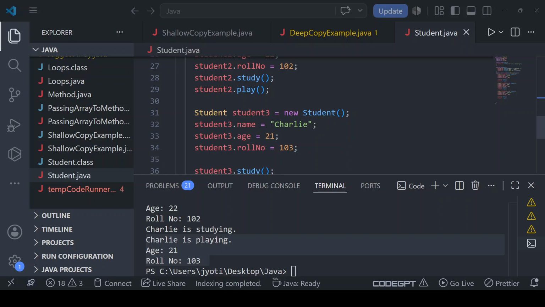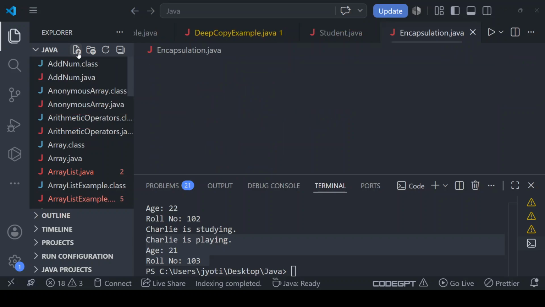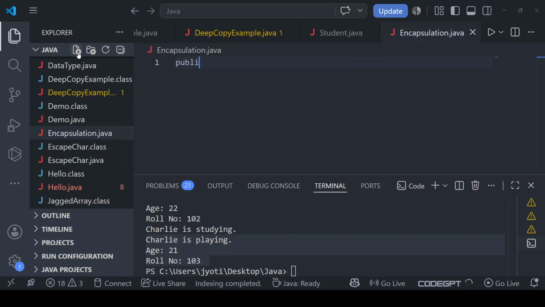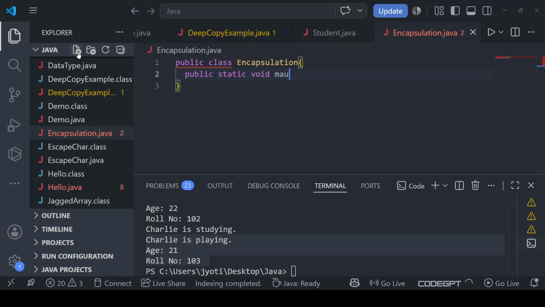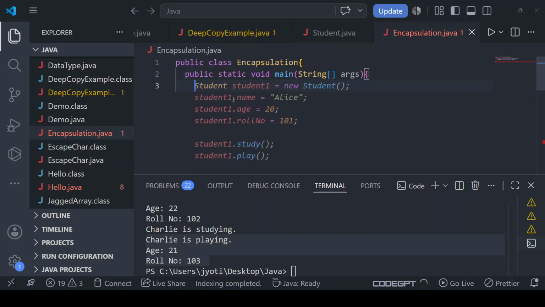Now, in this VS Code, we'll go through the encapsulation concept. Encapsulation.java, we are creating this class. Here we'll create public class Encapsulation. Inside that, always remember what we'll be creating: public static void main, String args. Okay. So what we will be doing here is we can take an example from our previous student class,